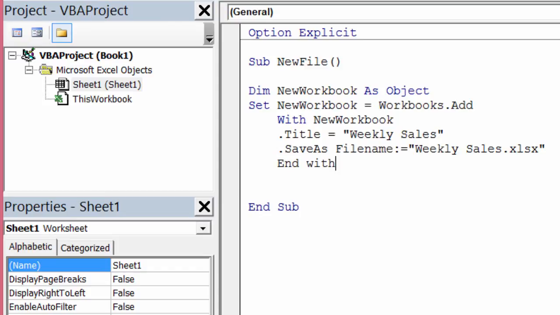Now, the way that I have this here, this is going to save it to the current location. So if this document were saved on the desktop, the new file will also be saved on the desktop. If you're creating this from a document that's saved in, say, your formulas folder, then the new document will also be in your new formulas folder. Okay, I'll go ahead and run this